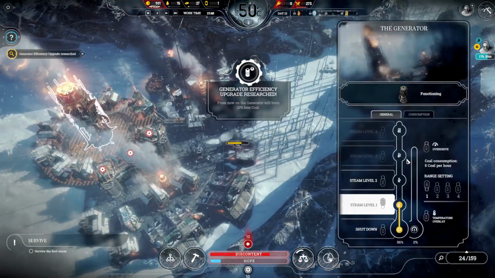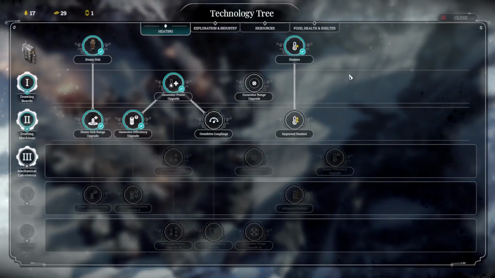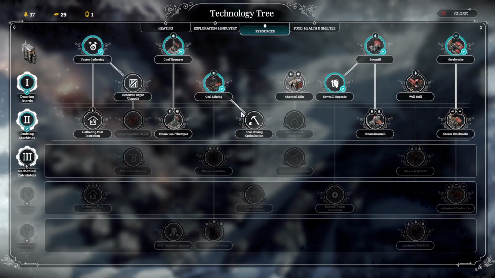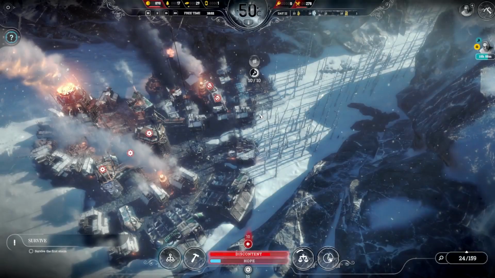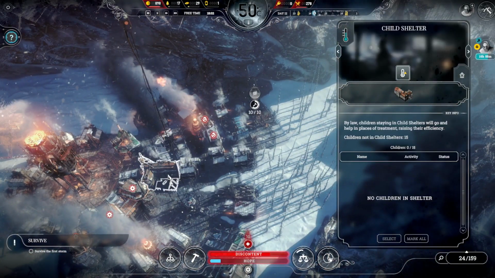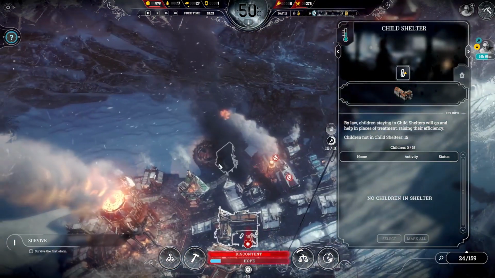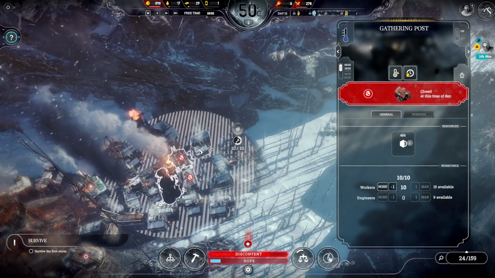Generator efficiency has improved, so if I now look at consumption, well, we are a little bit further ahead of where we should be. If I go for resources, I could go for a steam... Oh, do I just go for that? That method could be the way to do it. I was about to say, because I could then move this child one, or some of these bunkhouses, maybe...